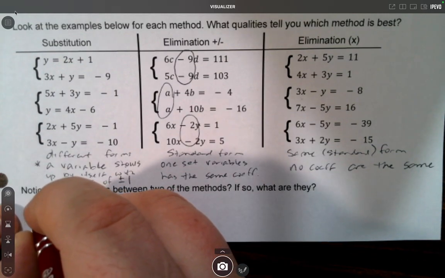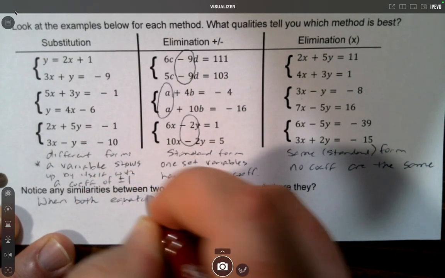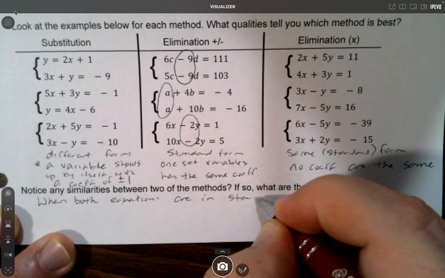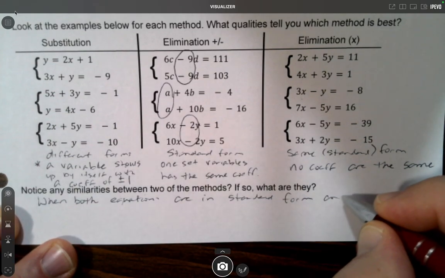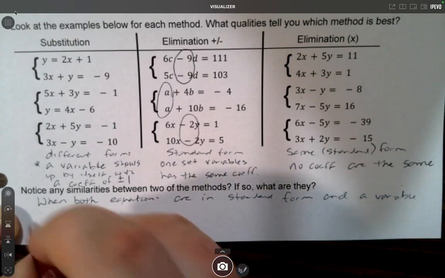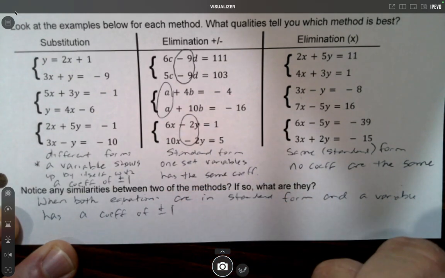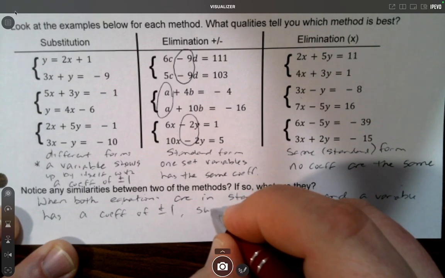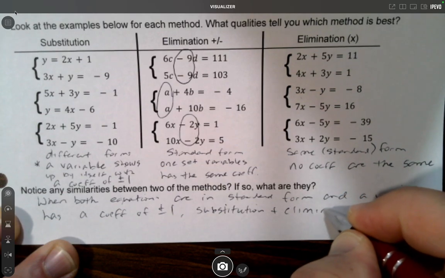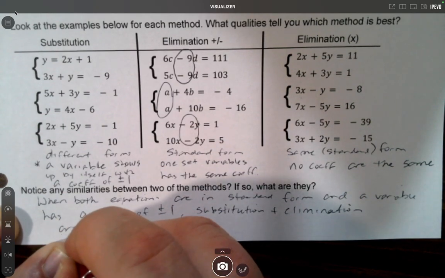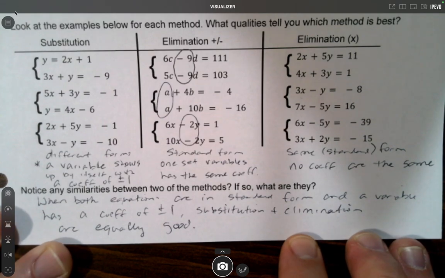So here it is. When both equations are in standard form, and a variable has a coefficient of either +1 or -1, substitution and elimination are equally good. So after you have a second to write that down,